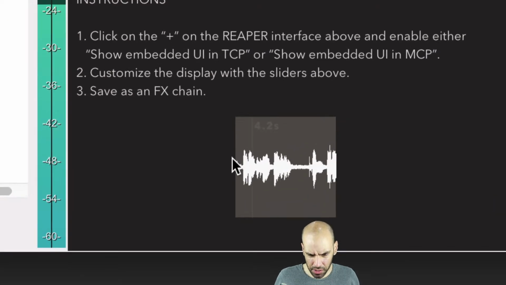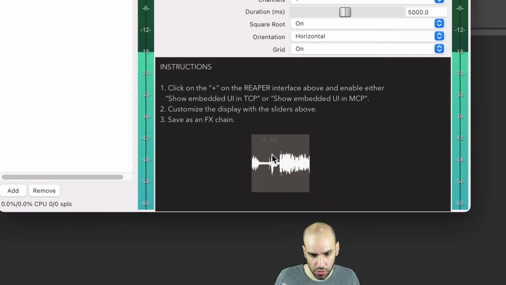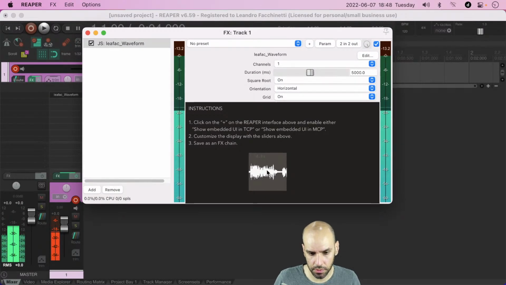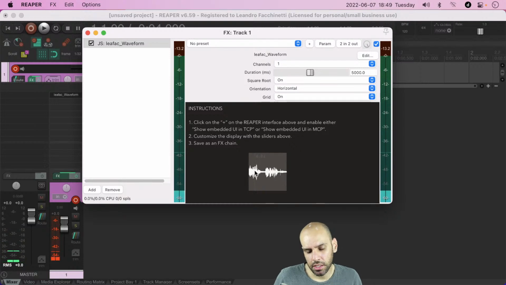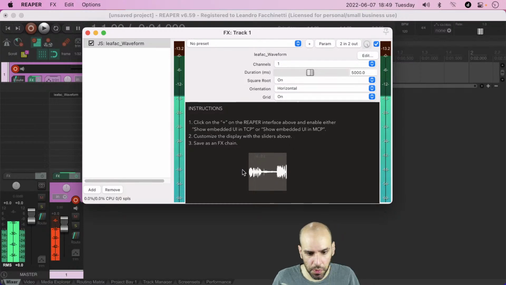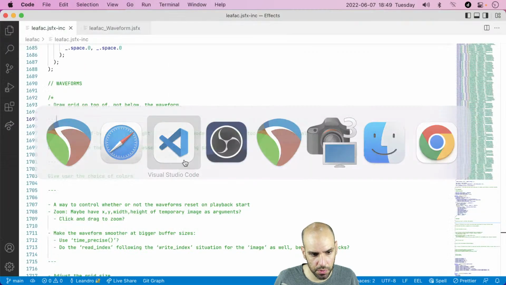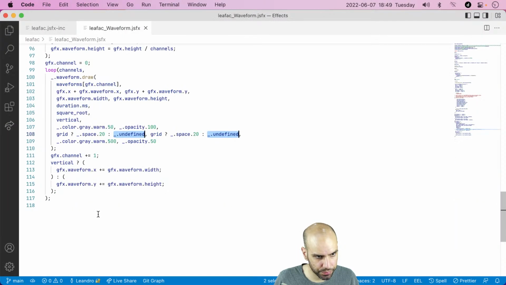Yeah, particularly on the dB scale, I think it makes sense to draw on top of the waveform, not below. And as long as you do that transparently, you do some transparency on the grid, then it should be fine. So